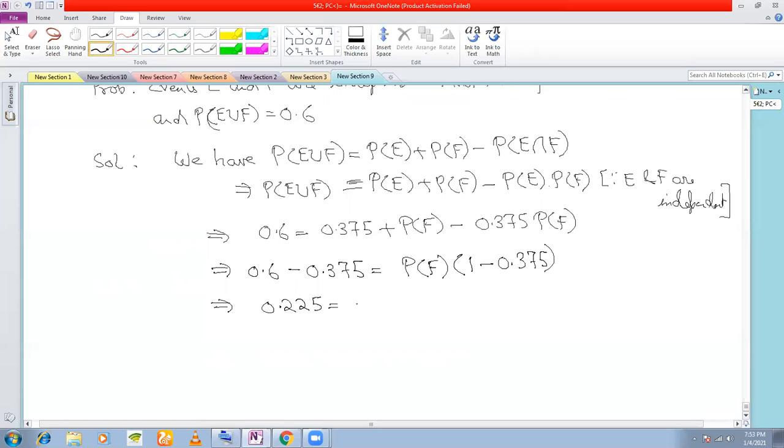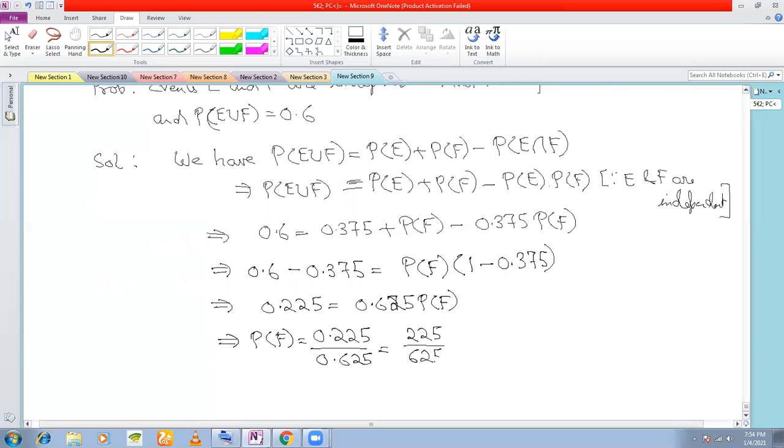It is 0.625, into PF, right? That means PF is 0.225 divided by 0.625